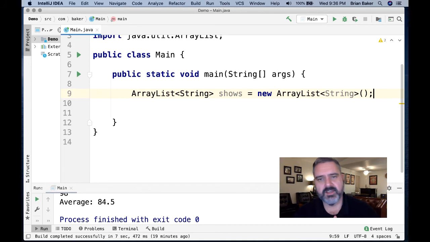Just like creating a Scanner, just like creating a random number generator, just like creating an array, if you're using the new keyword because you just want to start it off empty, this is going to create a new ArrayList object that holds strings called shows. The only thing that's a little bit different, I think Java version 7, they made it so